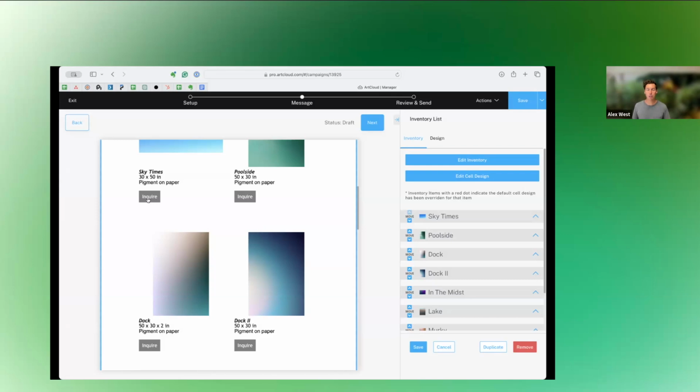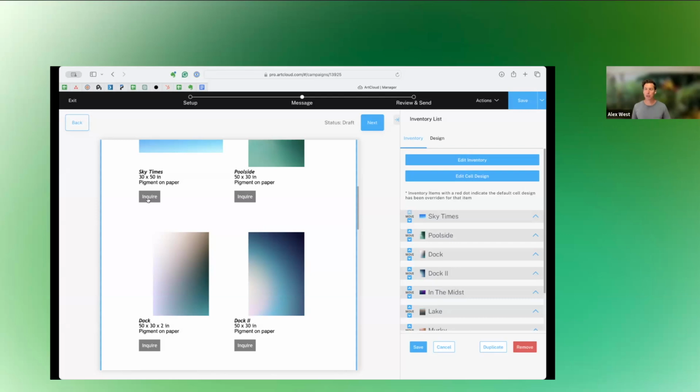So you can imagine if you didn't have an individual call to action or link on each one of these artworks, if they like the piece, they're going to have to either reply back to the email and remember what it was called, or screenshot it, or go to your website and then try to search for it and try to find it. And all of those steps are just more friction between that interested collector buying that work or inquiring